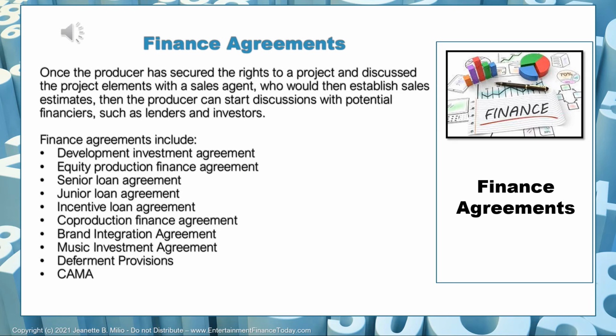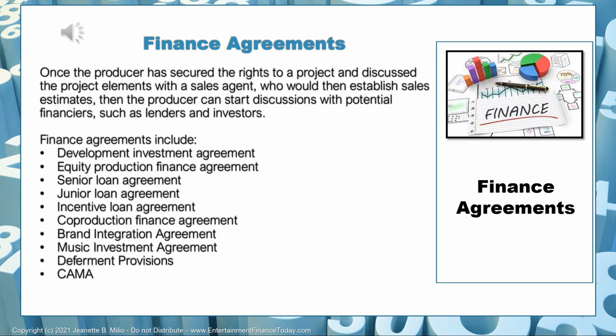There are brand integration agreements that we can do with advertising agencies or the brands directly that talk about the inclusion of a certain brand in a certain way with a certain message in our movie, and the payment that is being made for that, which is usually paid in installments, some version up front, and then the other payment when the movie is finished. There is a music investment agreement that can be done that will allocate this investment towards the music budget, and this investment is recouped from music royalty revenues.